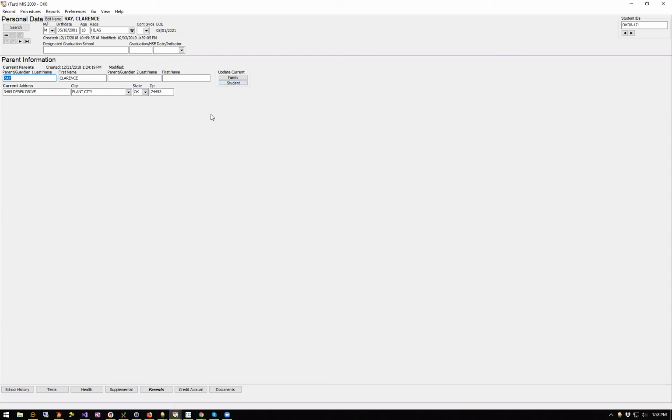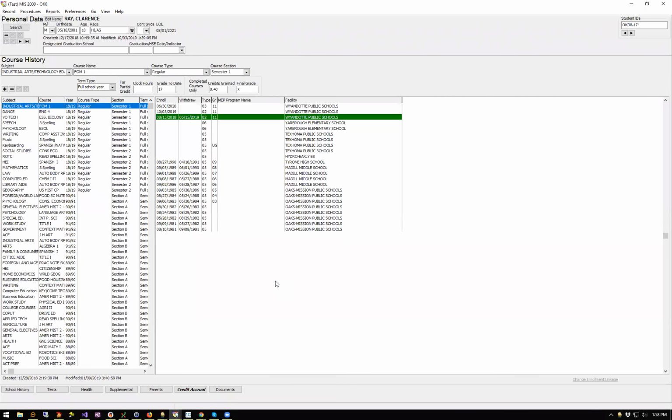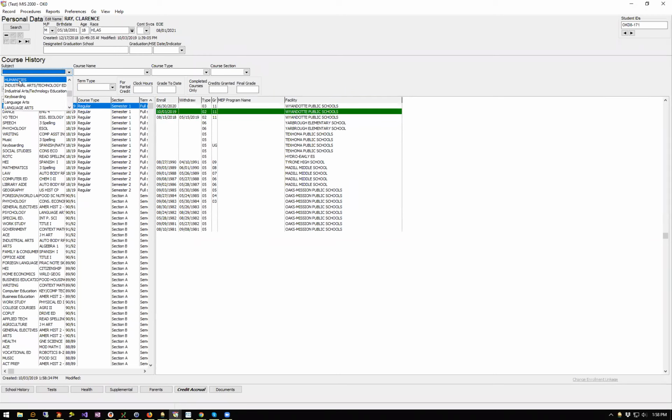All right, the next thing is credit accrual. This is the course history for high school students. All of their credit accrual, the whole history of all of their courses, will be here. It works just like testing data and supplemental services. You highlight the enrollment that you need to add a course to, click the plus sign, select your subject and course, type and section, term type,